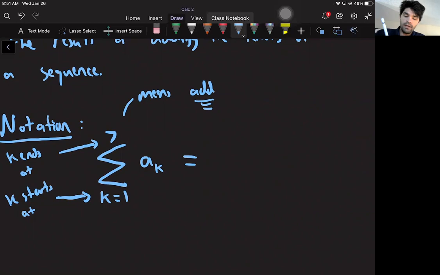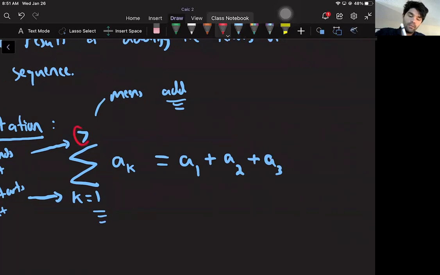It means add A, and then you replace the K with the first number, 1, and then you add, and then you go up in the index. So K started at 1, so the next number is 2. So then you add up A2, and then you go up again, and you keep adding until you get to